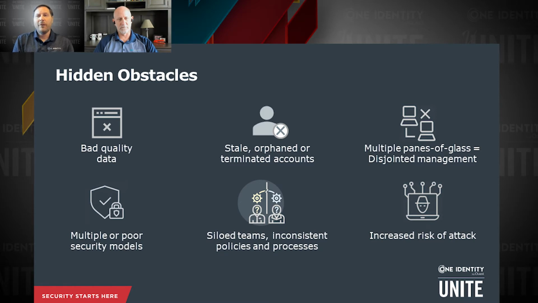One of the other problems that we run into quite a bit, and that I see customers talk about, is siloed teams. This may or may not be a problem in your particular organization, but it's certainly something to think about. You might have an AD team, an Exchange team, an Office 365 team, a cloud team, an X team, a Y team, a blue team, a green team, whatever they are. Teams create their own policies and their own ways of doing things, and that obviously creates inconsistency in policy and process. This can be a major problem.